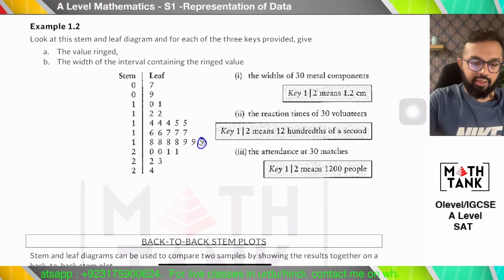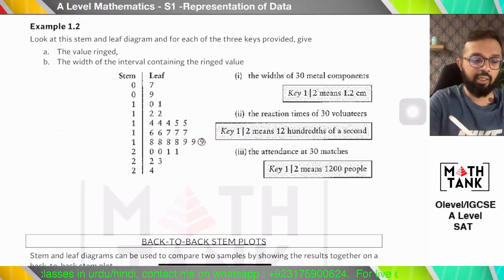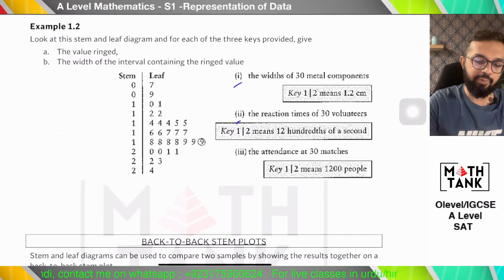This is the value ringed. उसने एक वैल्यू को जो है वो सर्कल किया हुआ है, आपने इसको रीड करके बताना है। और उसने यहाँ पे आपको 3 कीज बताई हैं, सही, इन कीज के हिसाब से आपने रीड करके बताना है।